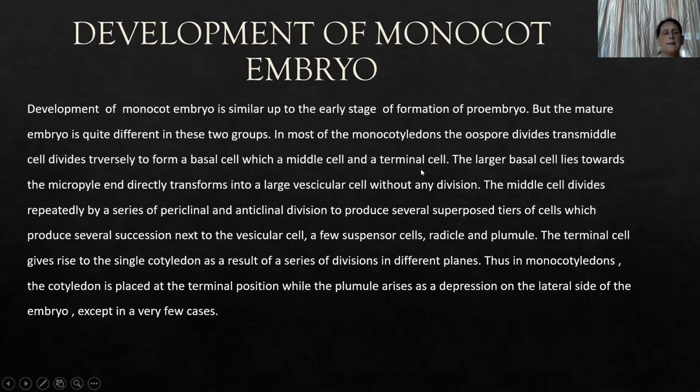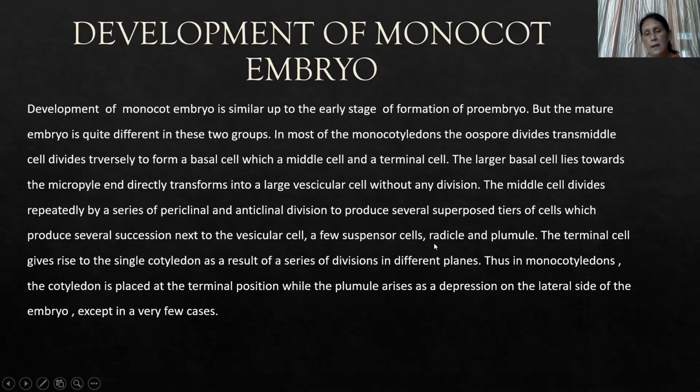The large basal cell lies toward the micropyle in case of monocot and directly transforms into a large vesicular cell without any division. The middle cell then divides repeatedly by a series of periclinal and anticlinal divisions to produce several superposed tiers of cells, which produce several successions next to the vesicular cell. That means the middle cell plays an important role in the monocot embryo. It forms the vesicular cell, and below the vesicular cell,